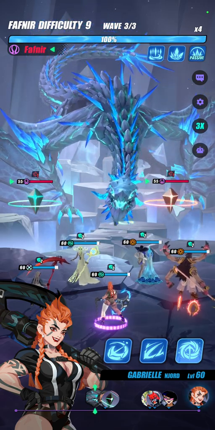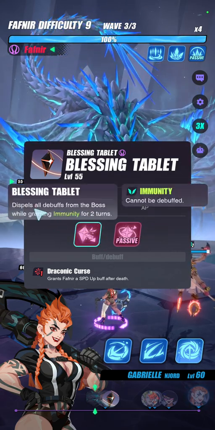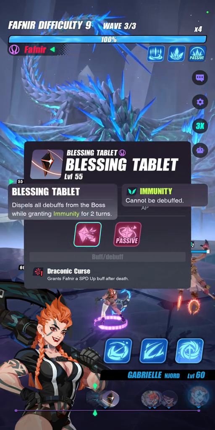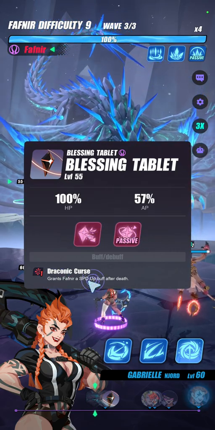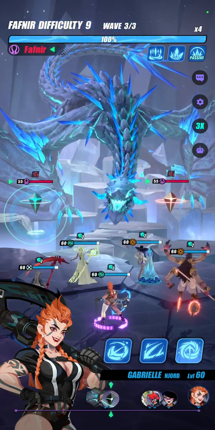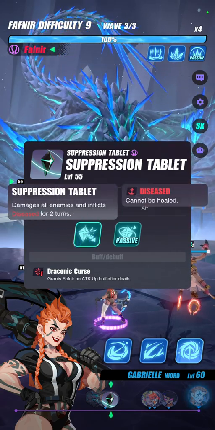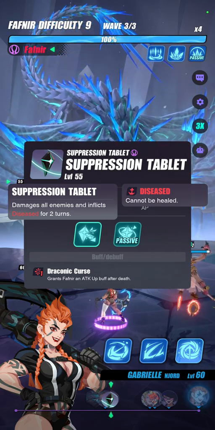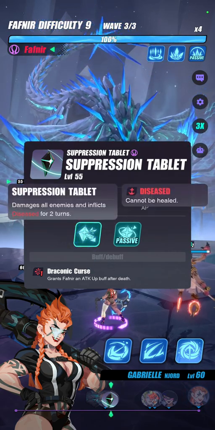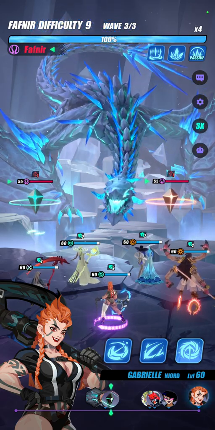But there's also, I think it's this guy here. Speed up buff. Dispels all debuffs from the boss while granting immunity. This is the one. Yeah. And if you kill him, he gives Fafnir speed, so you're not gonna do well. And then there's this guy. Yeah, this guy says here damages all enemies and inflicts disease. So he's like your anti-heal thingy. And he's gonna keep using this skill every turn. So you want as many characters that have immunity as possible so you don't get diseased. Anyway,